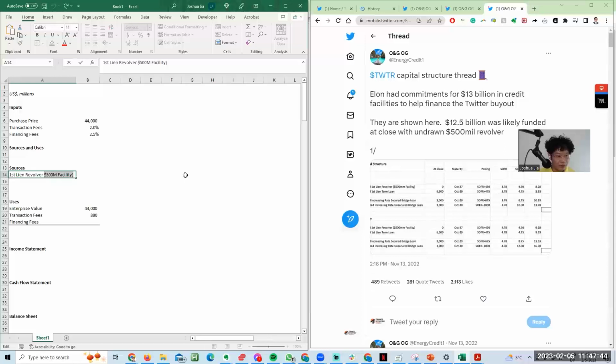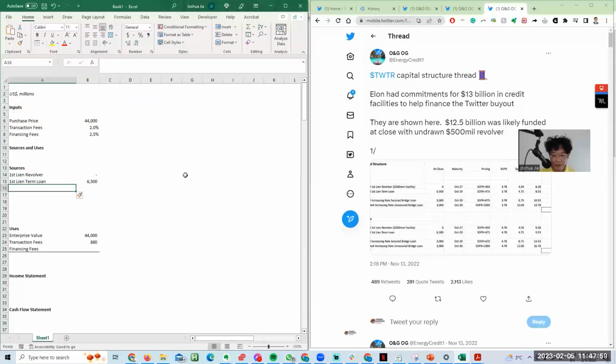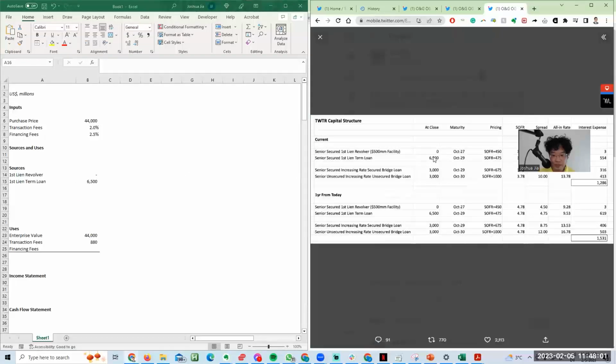So we've got a $500 million facility for the revolver. That's going to be not drawn, in other words, it's a line of credit that can be drawn up to 500 mil. Then we have a first lien term loan. The first lien just means it's the most senior, so it's going to be the first that gets paid off. And then we have,